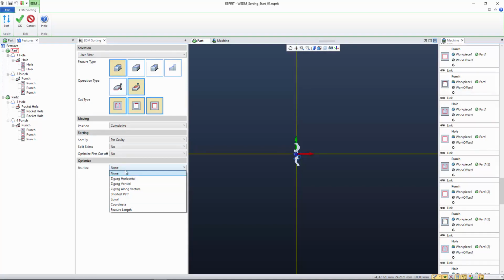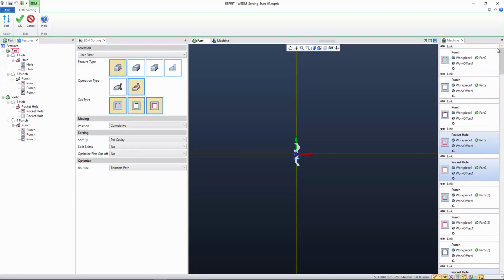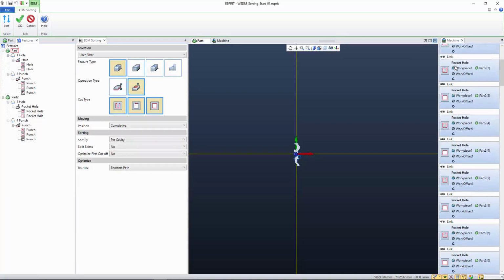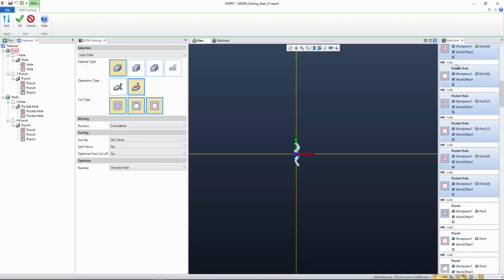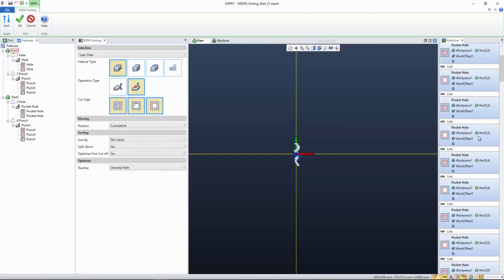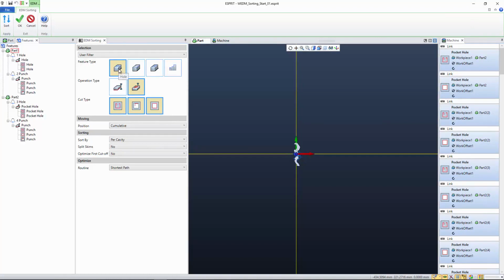So I can choose any of my optimization routines. Perhaps I'm going to use shortest path in this particular case. So we have our operations that we want to sort selected already. Again, I can manually add or remove from this group if I wanted to from the machine operation list. And I'm going to simply click sort. And what happens here is you can see that my selected operations are now placed at the top of my machine operation list. So it's going to do basically all of my whole pocket operations first, and it's sorted according